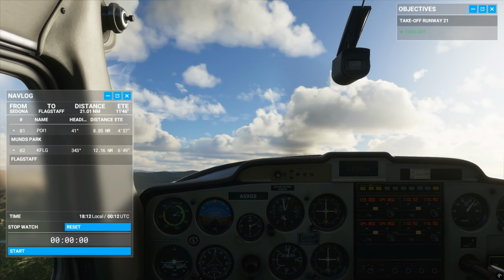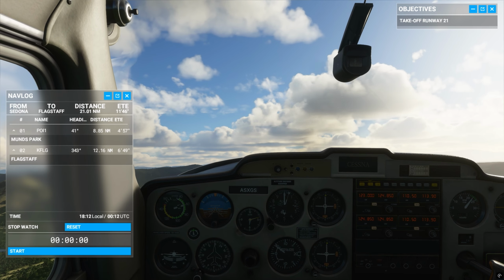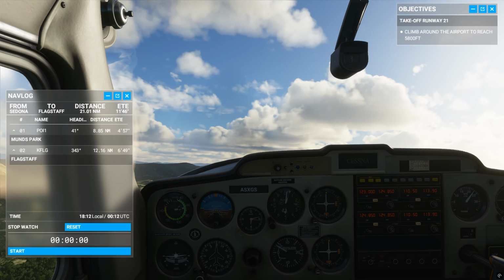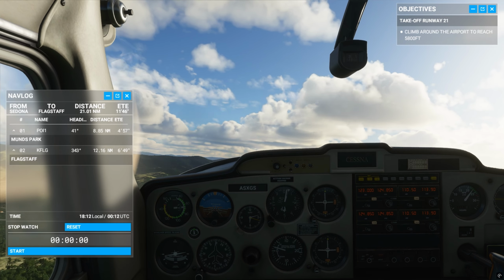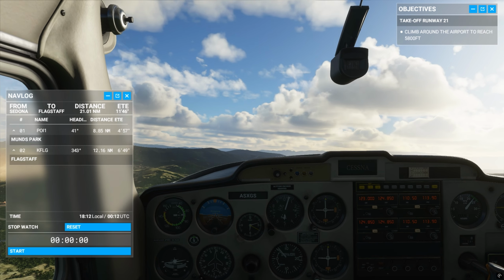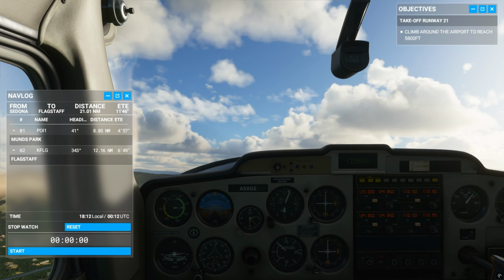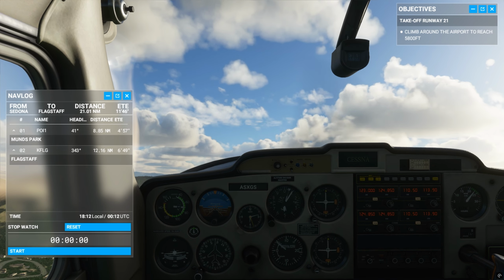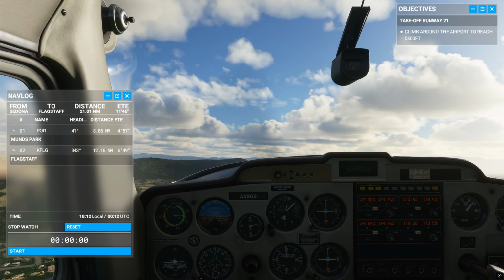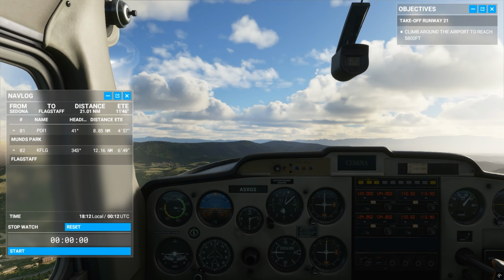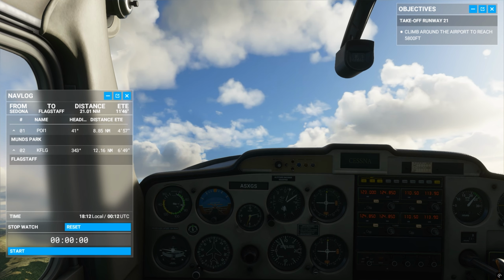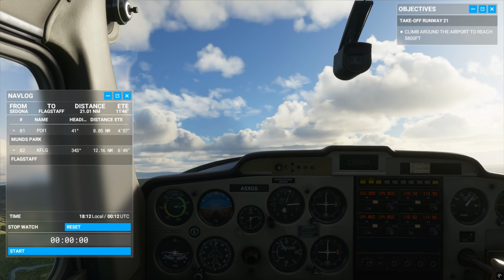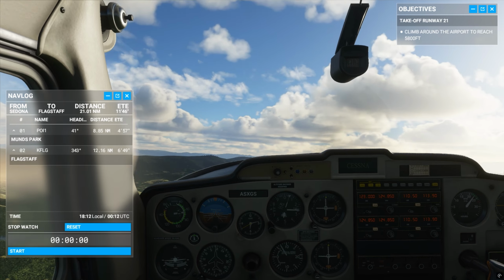Alright, we're off. Now keep climbing around the airport until we reach 5,800 feet. So the target altitude is 5,800 feet, and the altimeter is right in front of us. We're at 1,500 feet. We have to keep going. Engine power is at maximum. Yeah, holding this thing steady. It's kind of hard, but